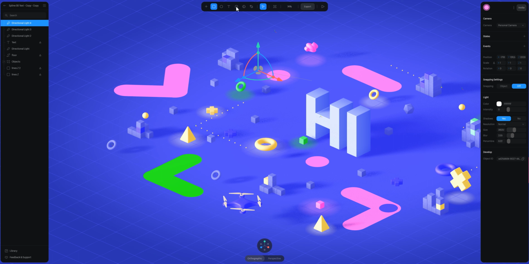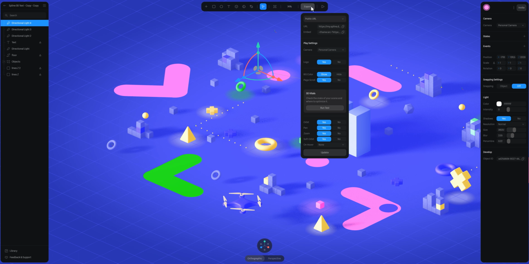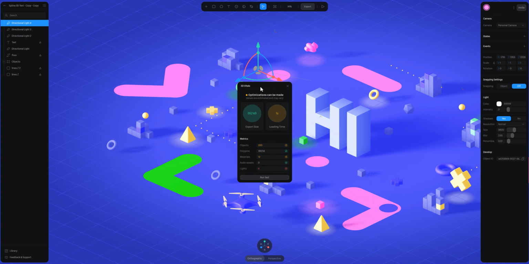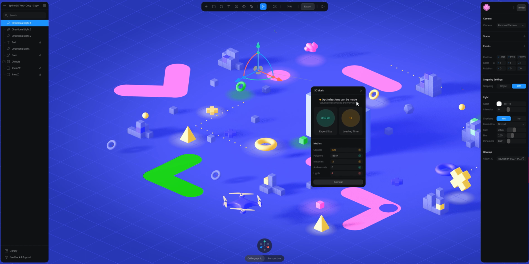Okay, how can I see that my light impacts the weight of my scene? I just have to go to export and go in the 3D Vitals panel to click on Run Test. And here we can see that my scene is not optimized because there is an orange dot here. Optimization can be made. And here I can see that there is a red exclamation point. So I can click on it, and